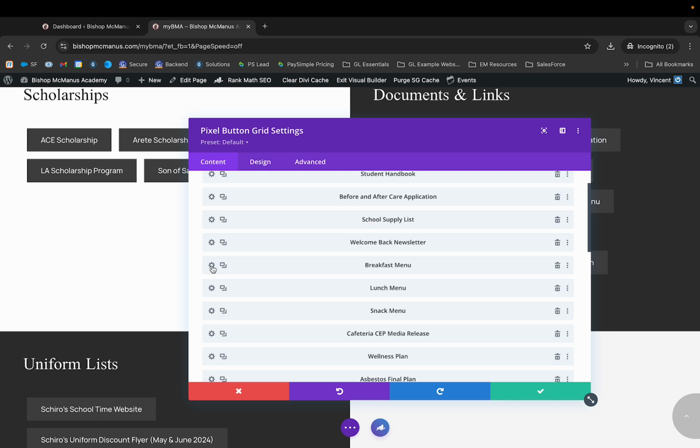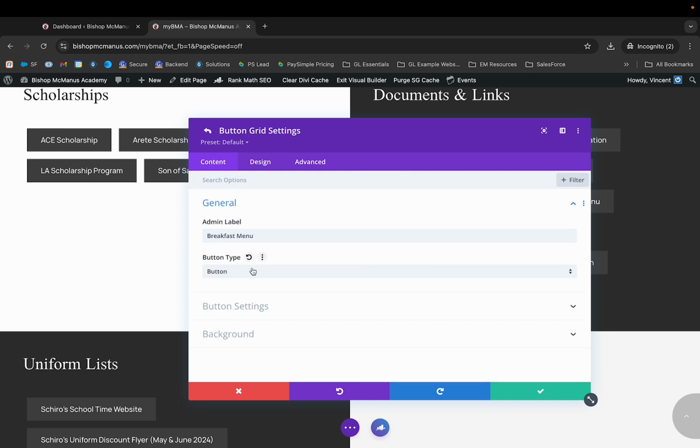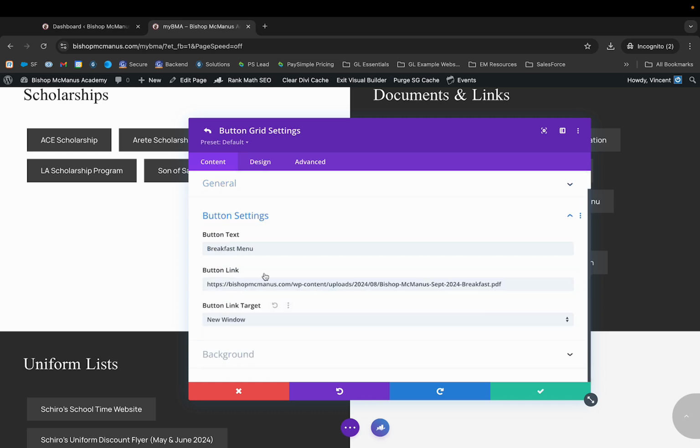So click on the settings icon over on the left hand side for the breakfast menu. Then this first part that appears is just the admin label, so we're not going to touch that. We're going to click on the button settings tab under content, so right below that. And you can see here we have button text and we have the button link. Now we need to update this button link, but first we need to get the link in order to link it up. So